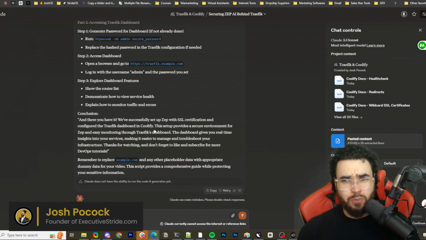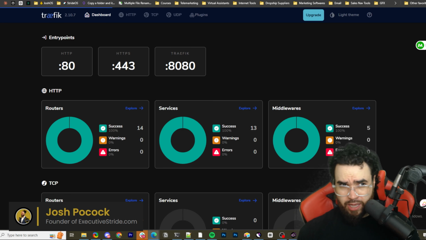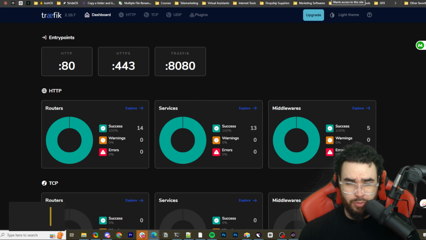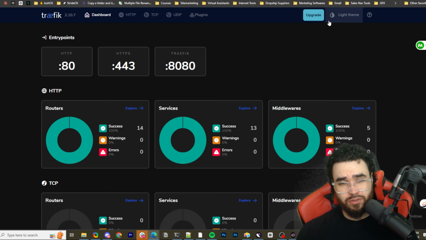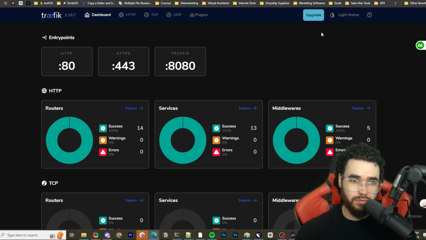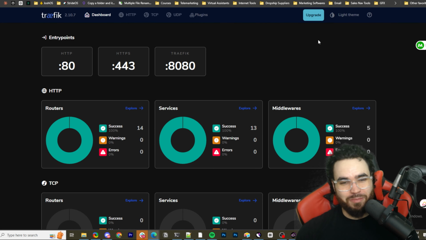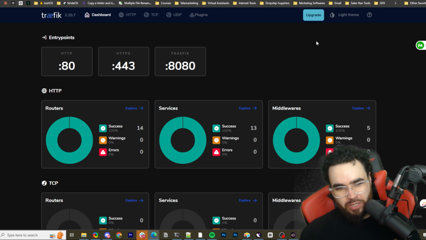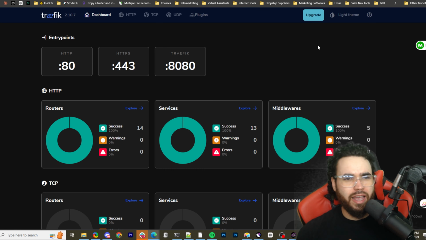And that's pretty much it, guys. Once you do that, you're going to have your Traefik dashboard here, and whatever app you were using is going to be signed with an SSL certificate. So that is pretty much the conclusion to a problem that took me like 3, 4, 5 days, embarrassingly, to figure out, right? But I'm just being transparent with you guys, showing you what issue I was facing with Coolify. I really like Coolify. It's great. Open source,